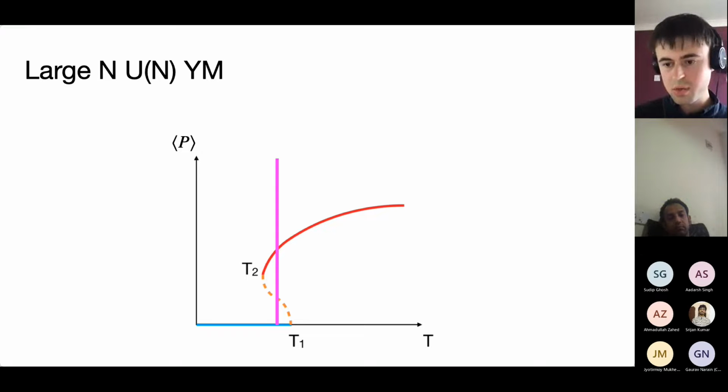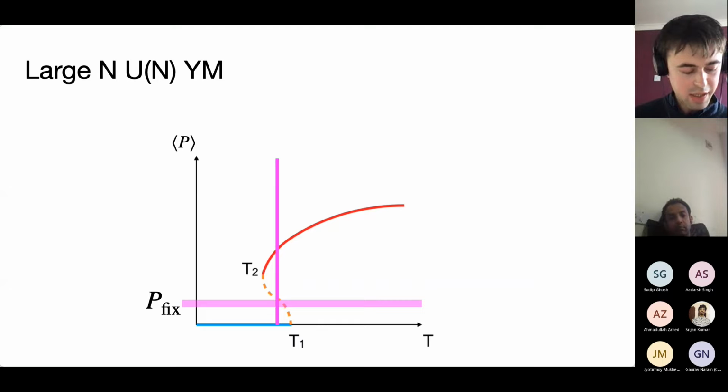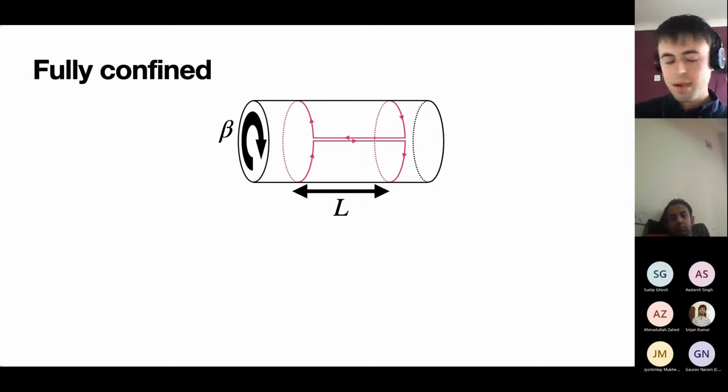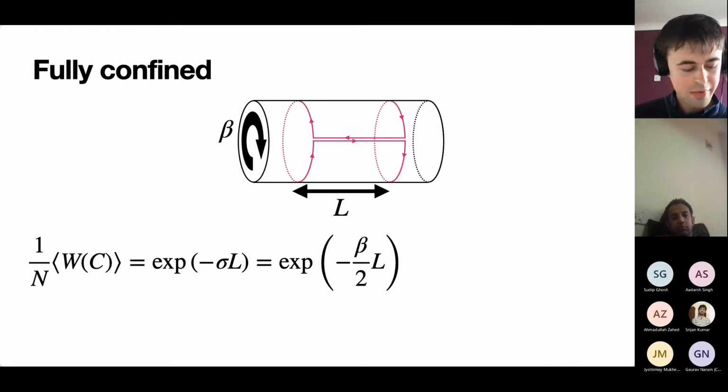So normally in the grand canonical picture, we fix a certain temperature, and then the system will jump into whichever saddle has the lowest free energy. But we want to be able to probe this partial saddle. So to do that, we add a fixing term, a large cost to the action, and by changing this value, we can probe different areas along the saddle. So first we'll check that this works for the fully confined phase.